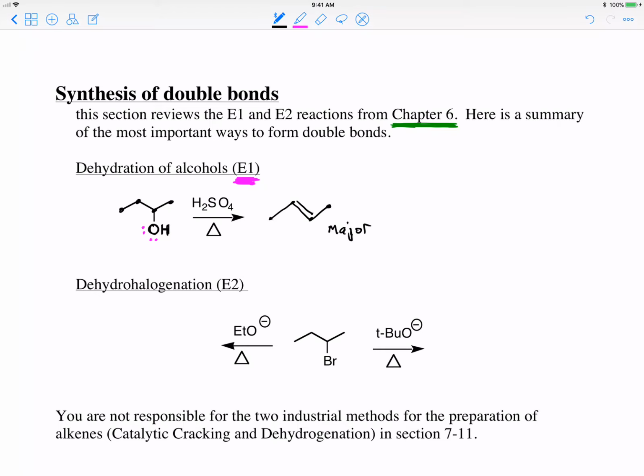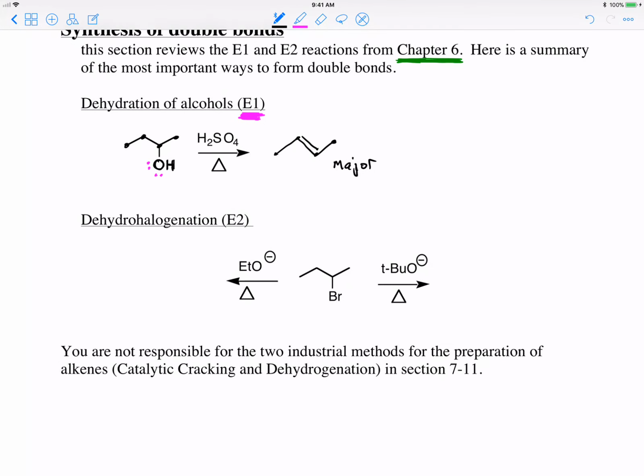Now, the other way to make double bonds is by taking an alkyl halide and doing an E2 elimination, adding a strong base to it. If I add a small base like hydroxide or methoxide or ethoxide, which is what I've got drawn right here, and heat it up, I make sure that I get the E2 elimination product over the substitution. And as long as I can get an anti-hydrogen, I'll get the more stable double bond, and trans is favored